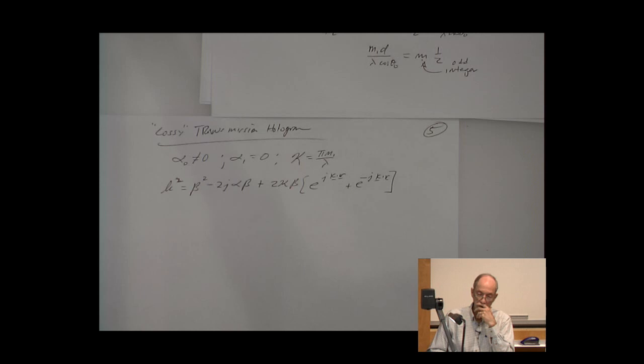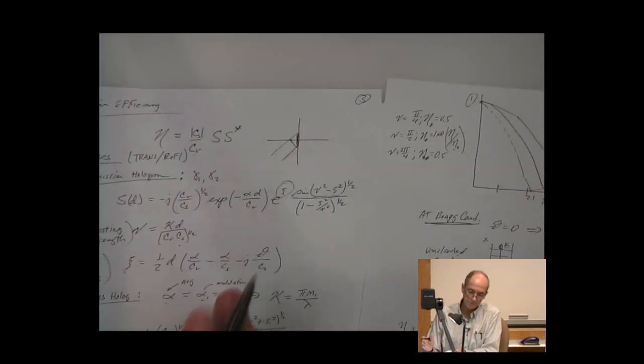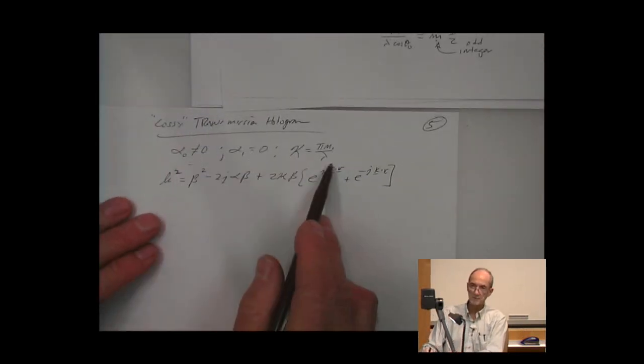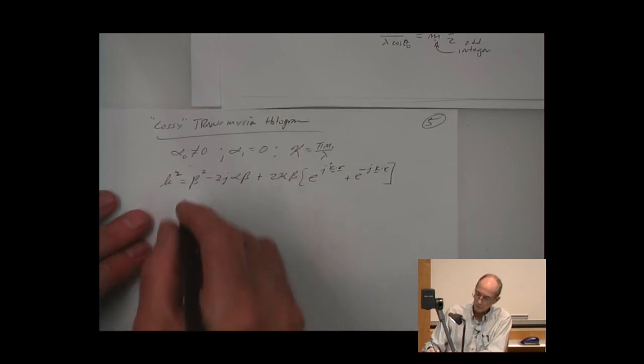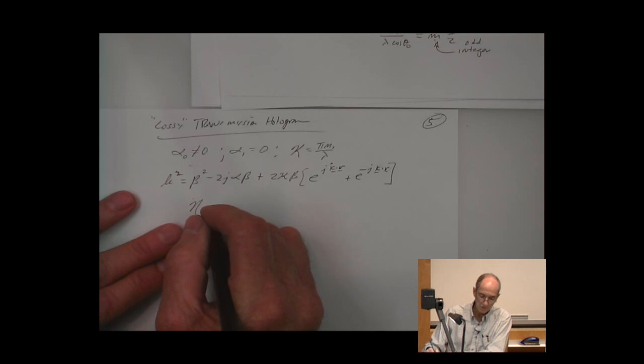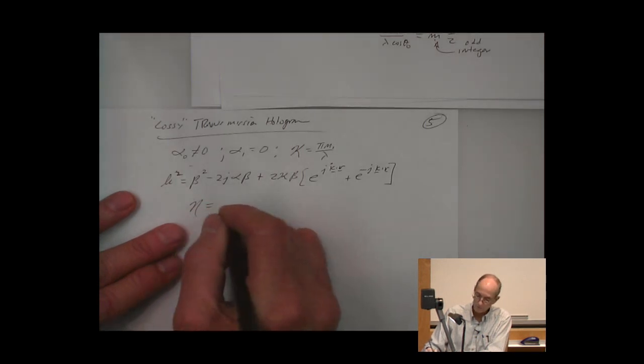Okay? So again, we can go back to that general form for the transmission hologram and modify it with these parameters going into that gamma 1, gamma 2, and we end up with a diffraction efficiency which is equal to now simply a